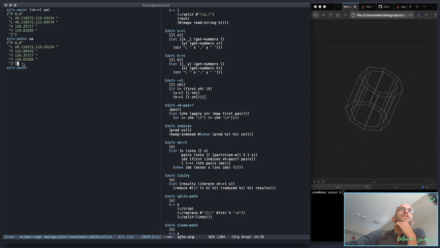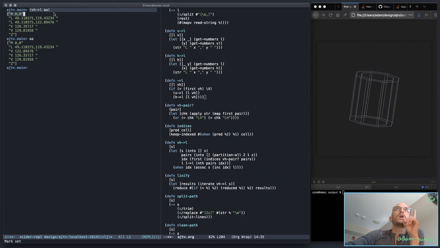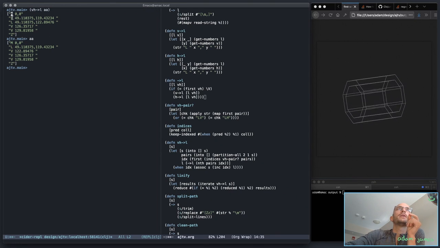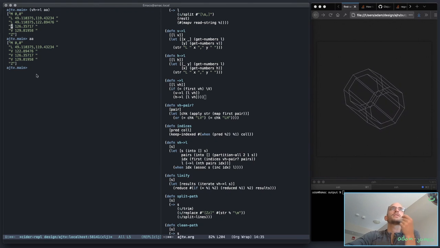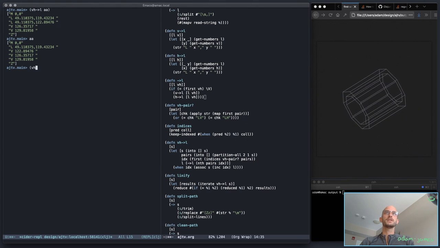If we look at the original, there's an M, an L, and a V, but when I run this once, it goes M, L, L, V, which is exactly what I want. And now, if I do it again,